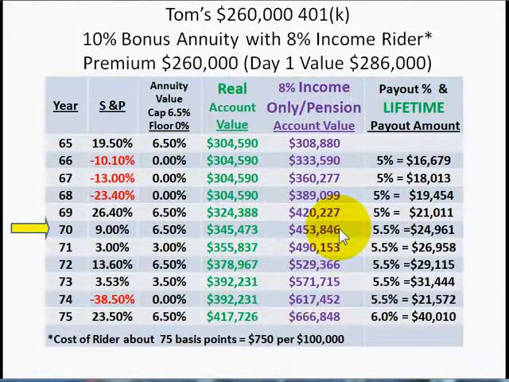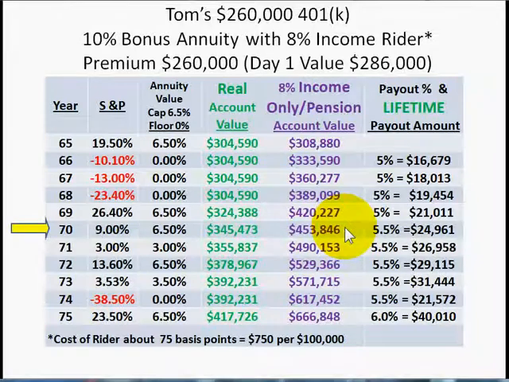I've heard agents sell this or explain this and say you can get 8% on your money until you want to pull the money out in retirement. And that's not true. It's not your money. You don't get 8% on your money. Your money is this green account value. The $345,000 is your money. The $453,000 is a sort of hypothetical figure, or just a calculated figure of how they're going to calculate